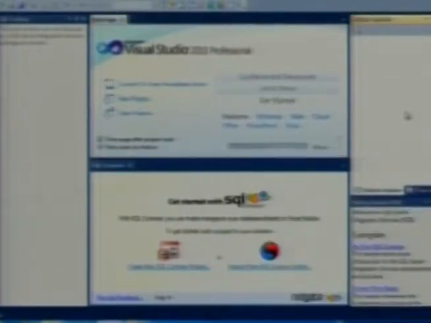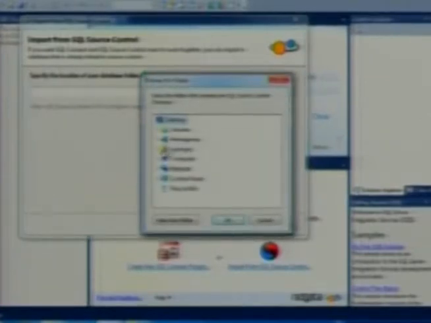So now the files have been checked out. One of the options that SQL Connect has is that I can directly import from a source control project. He submitted his files into a source control project, so all I have to do is import from source control. Again, I need to browse to that location. So I'll go to there